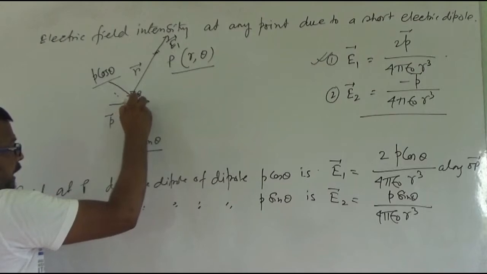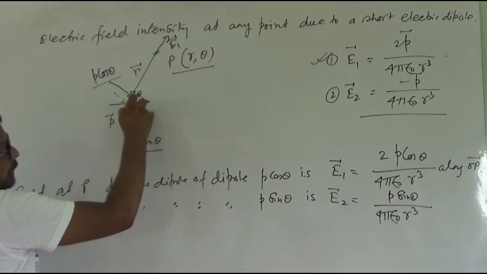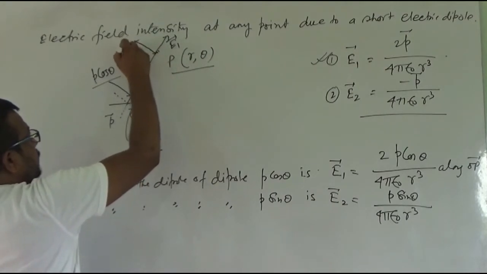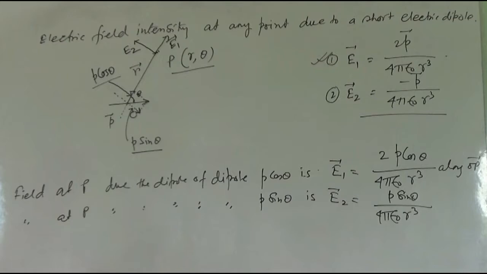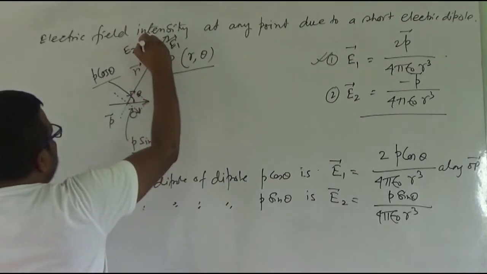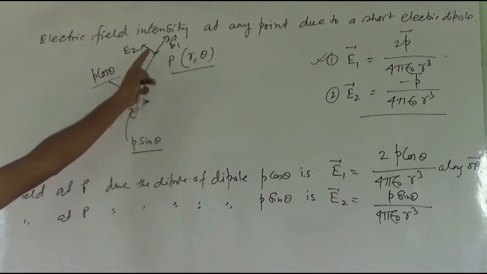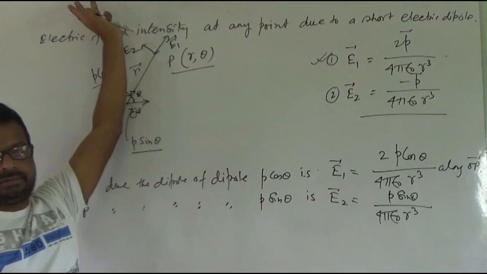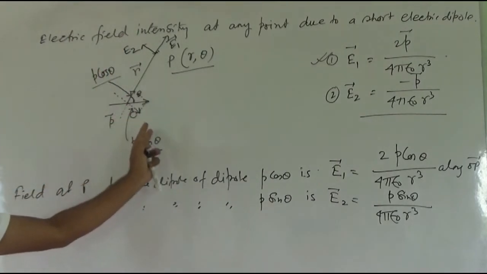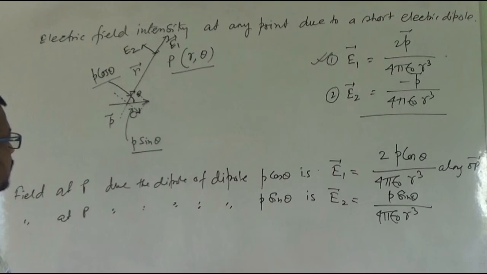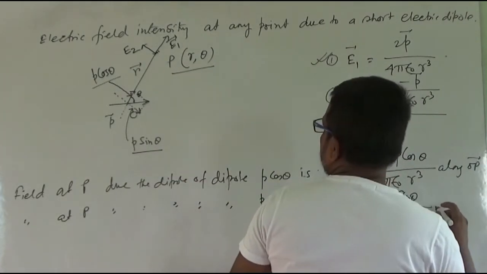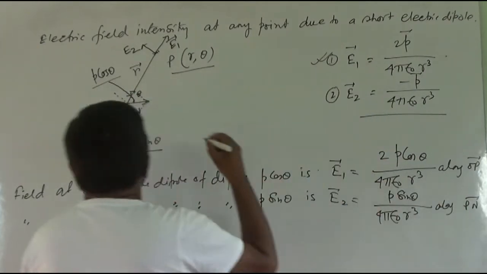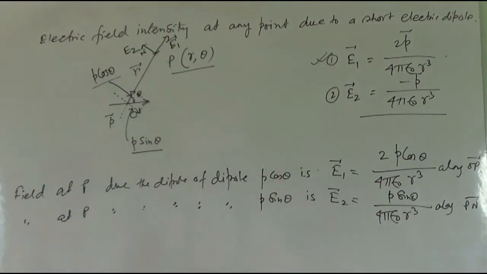This is the dipole moment, right? Then what will be the direction of E2? Here E2 will be opposite to that. That means this will be E2. You have to write this. This is the direction of the dipole moment, and opposite to that will be the field due to this dipole at the point P. That means you can say it is along the PM vector. Then write this point as M, along the PM vector.